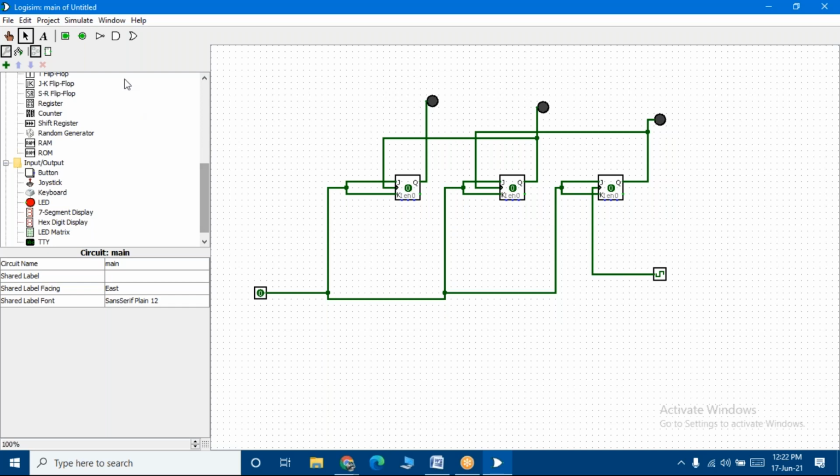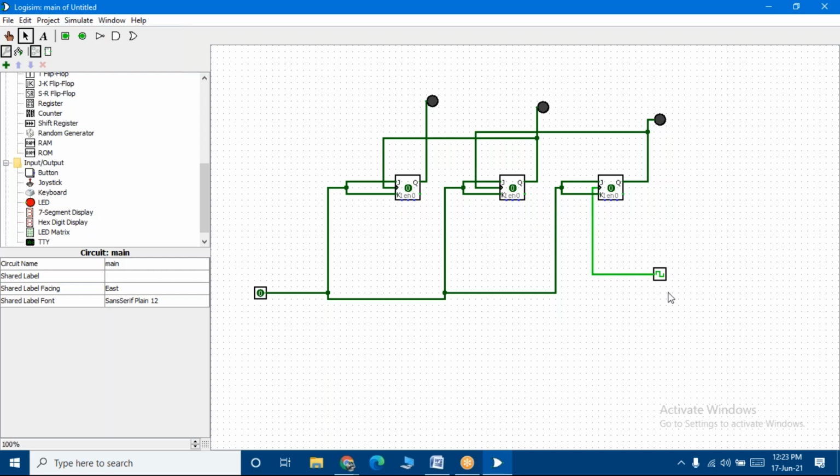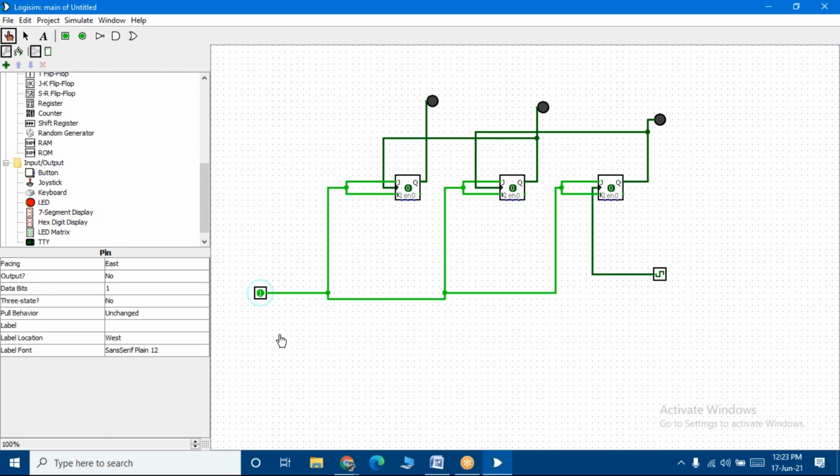Once I enable the ticks, you can see the clock pulse being triggered. It is flipping from rising edge to falling edge to rising edge. This happens only when I enable these ticks, so that it flips from one direction to another. Now students, I'll have to make my input high. So go and click on this, the index finger being pointed out. Let me click on it, and let me make it 1.